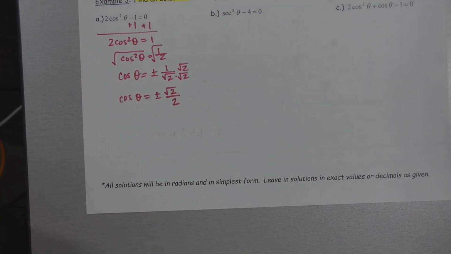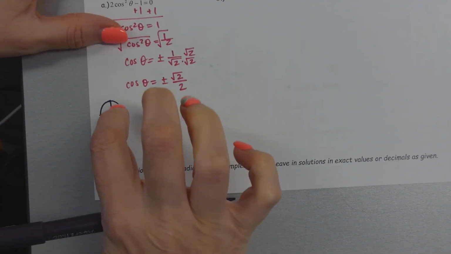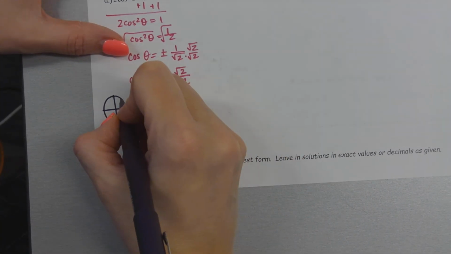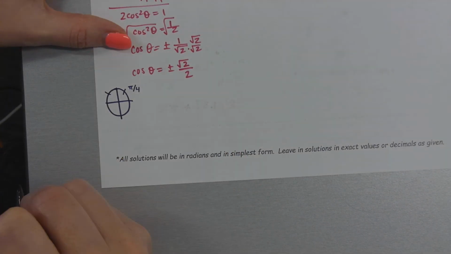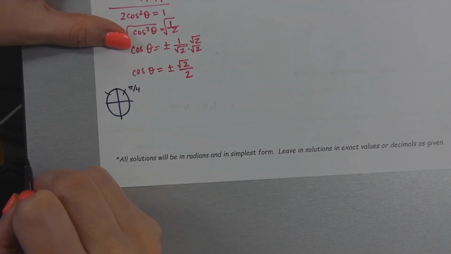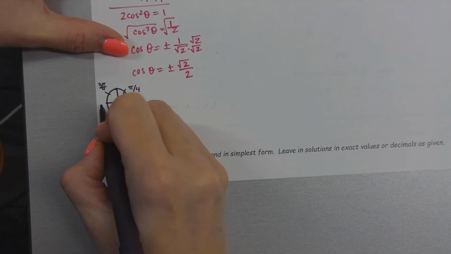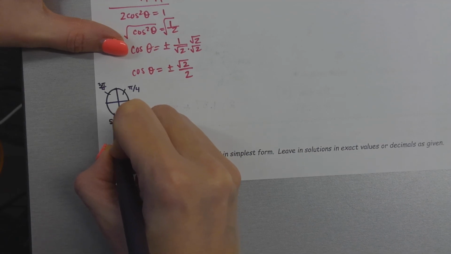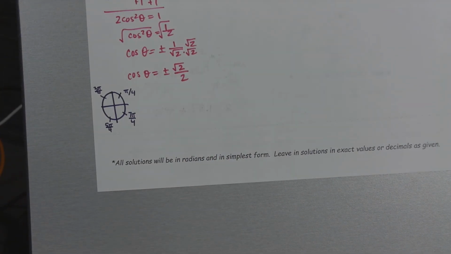Okay, so because it's a plus or minus, you're going to have a special equation here. Think about where the cosine is root 2 over 2. In quadrant 1, where's the cosine root 2 over 2? Pi over 4. Okay, in quadrant 2, it would be? We can count. This would be 4 pi over 4, so this would be 5 pi over 4. 6 pi over 4, 7 pi over 4. Okay, so these